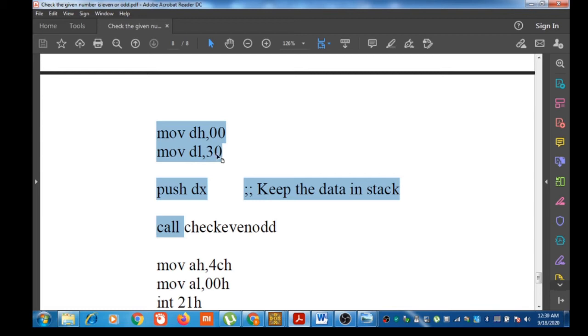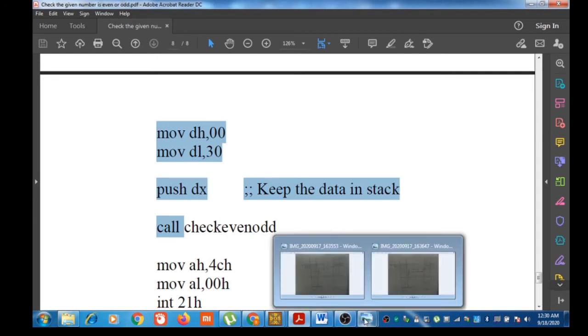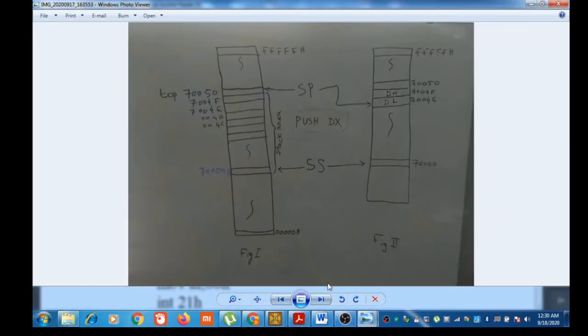We want to check whether 30 is even or odd. So we will keep the number 30 in DX register. DH part, higher 8 part will carry 0 and the lower 8 bit part will carry the value 30. Then we will push the register DX. So after pushing this register DX, this will be the picture of the stack.